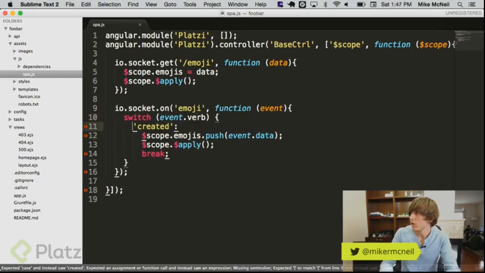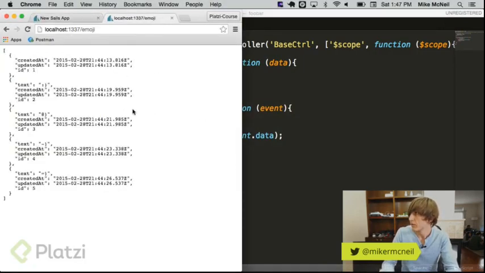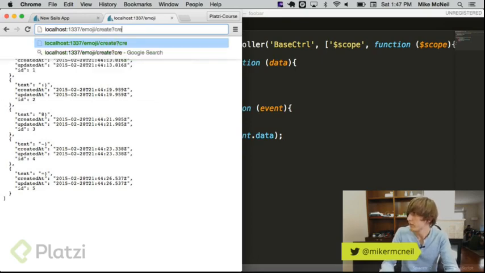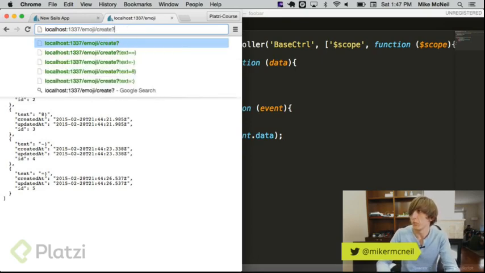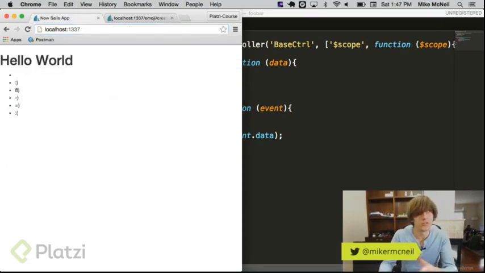So if I was to go in here and I hit create again, and this time I'm going to make a sad face. Oops. Text equals sad face. You can see it actually just showed up, right? Which is like, whoa, okay, cool. How does that work? Well, we'll cover that more in a second, but basically the important thing is now you